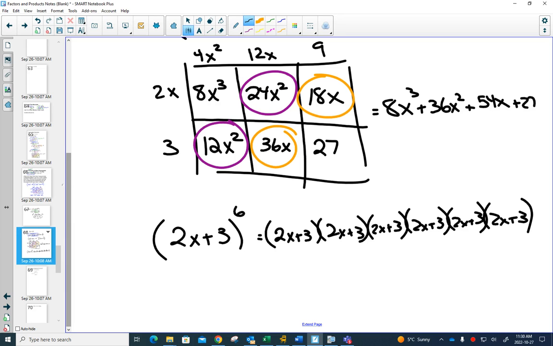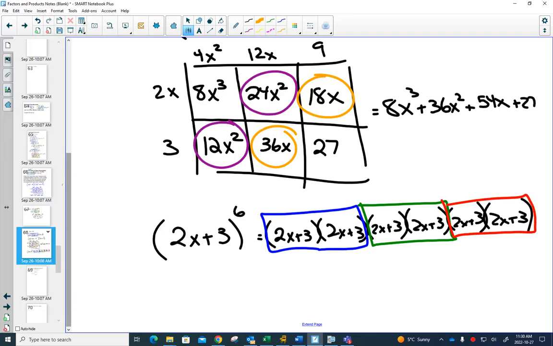That's what it would equal, right? And could you see that I could put those two together, and those two together as a first thing, leaving me with